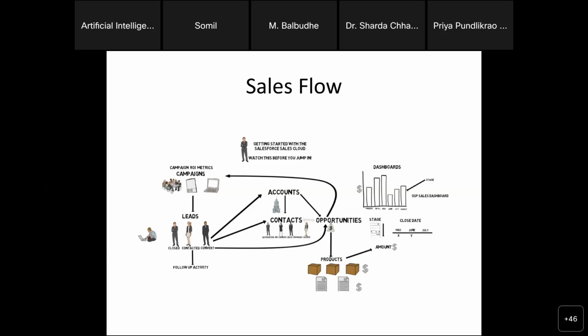So in the lead, there would be two things: company information as well as person information of who has contacted you. So now the lead is created. Now what would you people be doing? The support team would contact that person, tell him about the product, tell the price, tell the things that are there in the product.